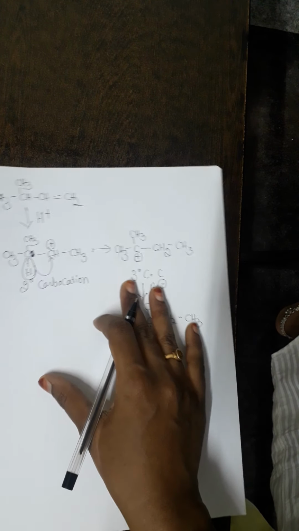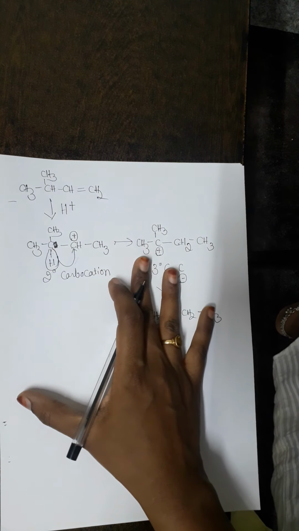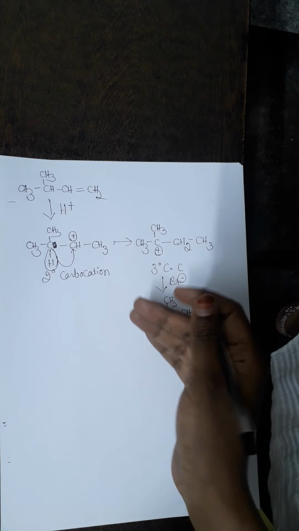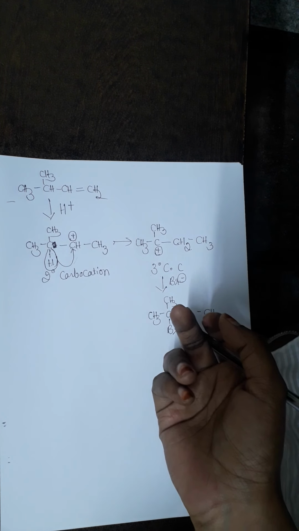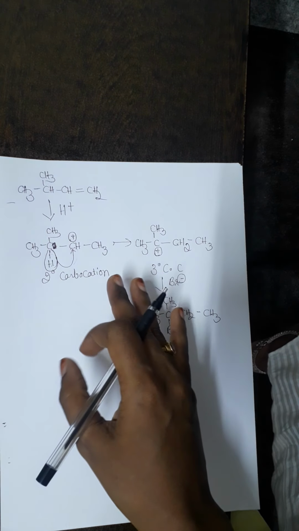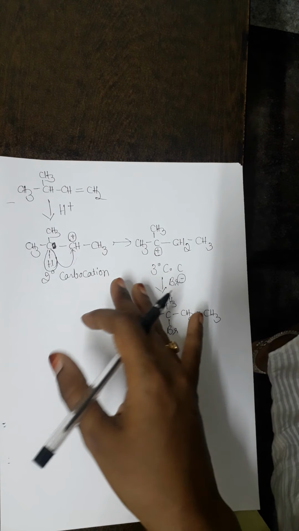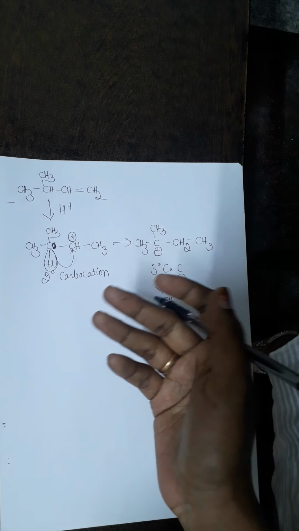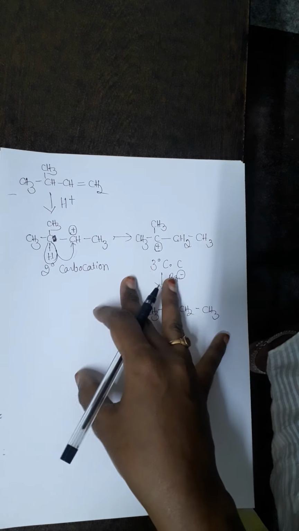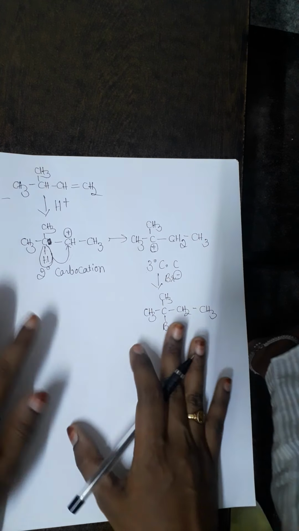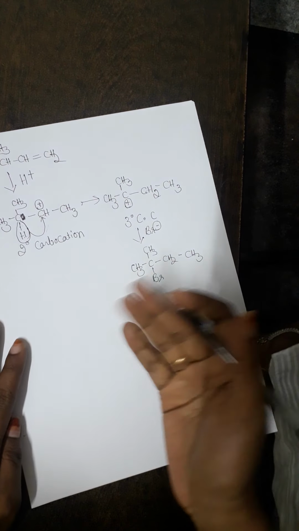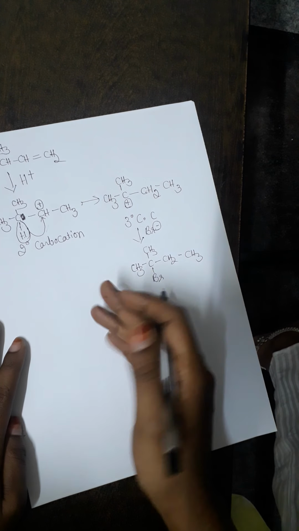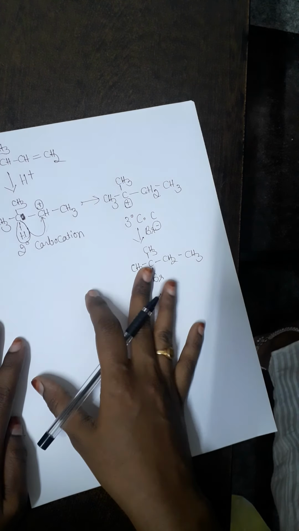Got my point? This is very important for your NEET exams to predict the product when we have a carbocation or a Markovnikov addition. If you have an anti-Markovnikov addition, you need not worry. Why? Because you know it will give a single substituted product with free radicals as an intermediate. So this is all about alkenes, how to take an alkene and end up with a haloalkane by doing Markovnikov and anti-Markovnikov additions.